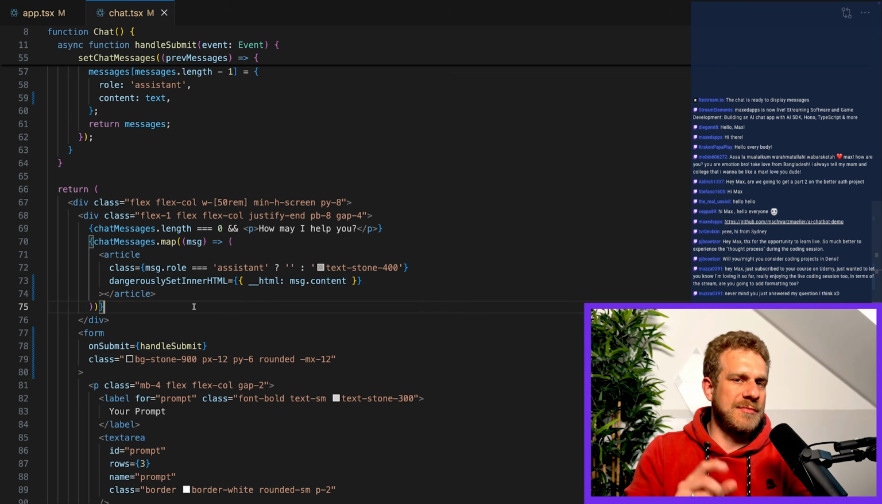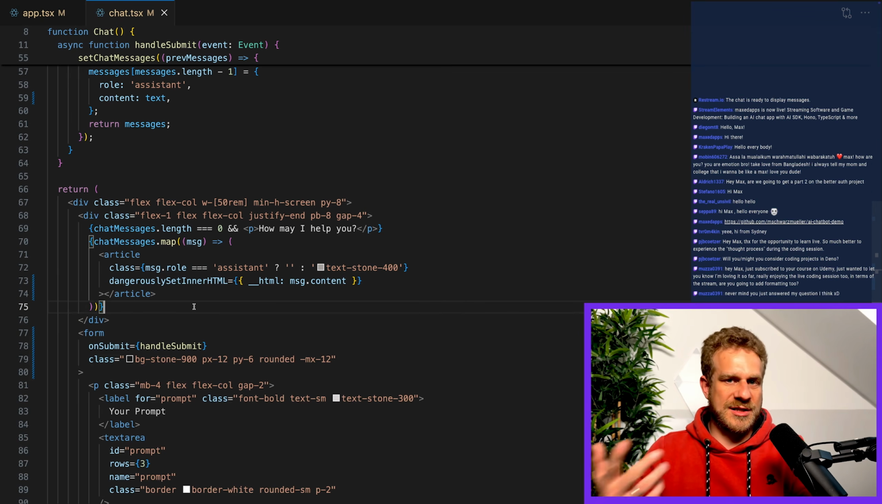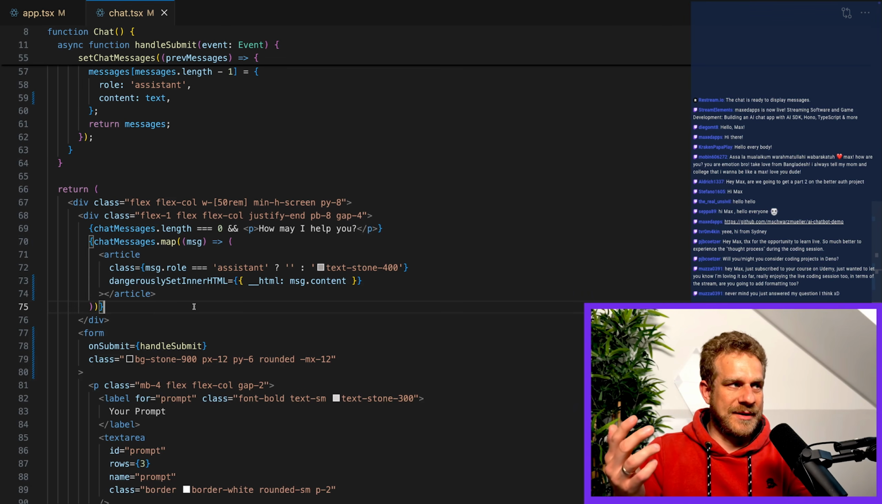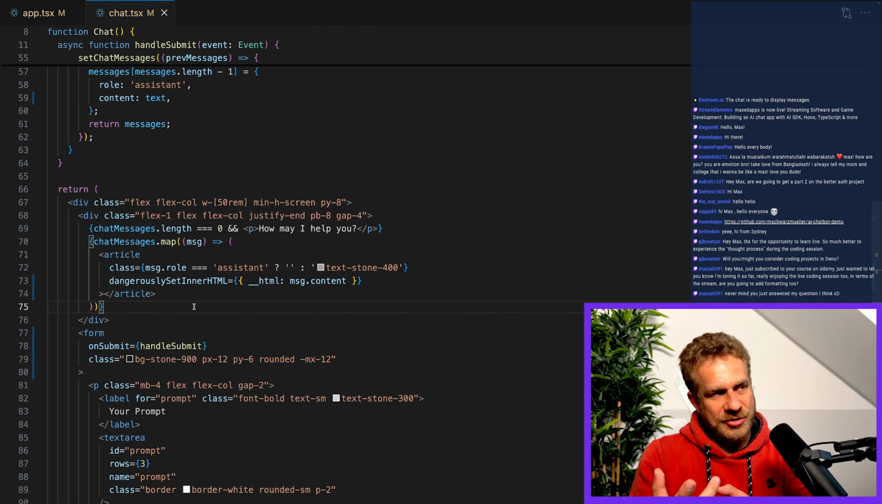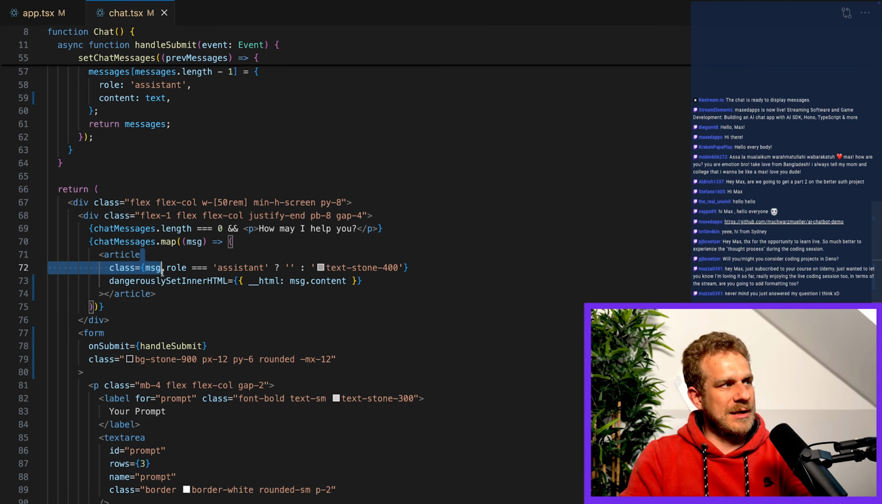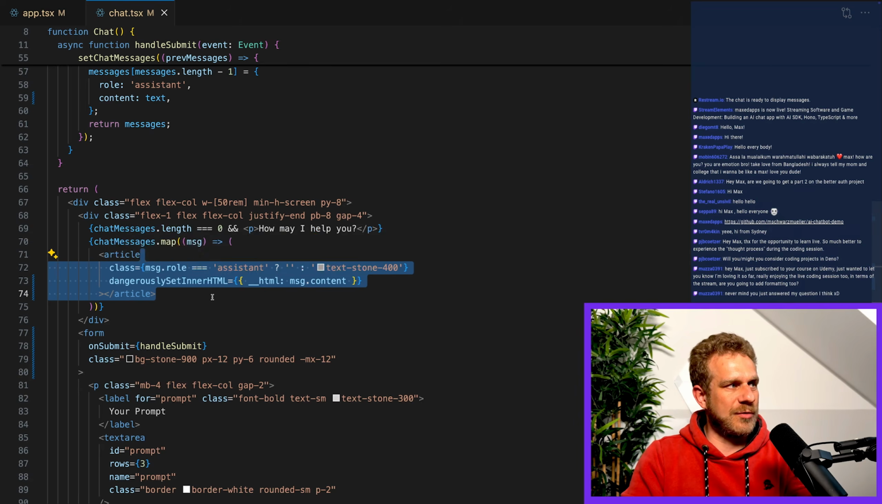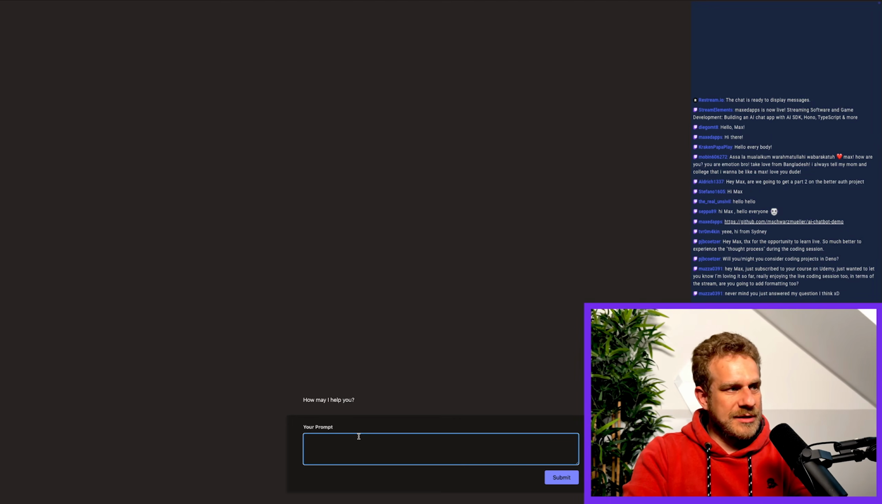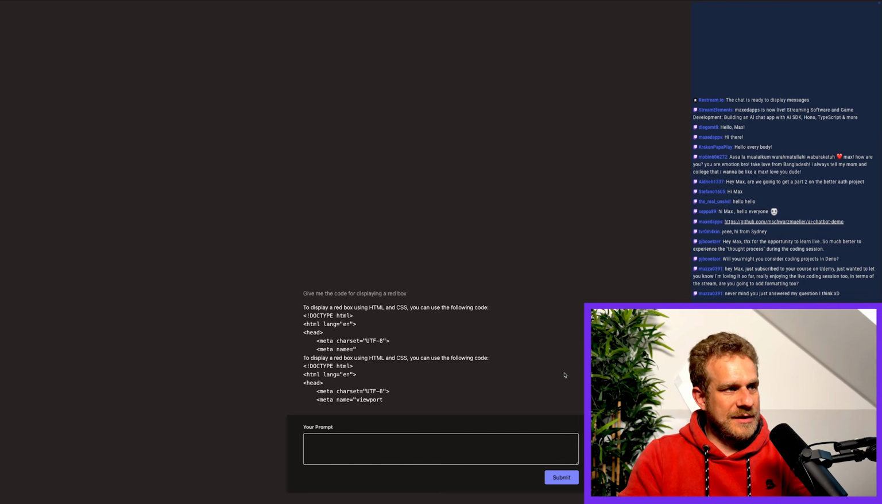Now, we might also want to add sanitization, because theoretically the AI could generate markdown code that then contains code that could lead to a cross-site scripting attack. But for the moment, I'll leave it like this and see whether that works. So let's maybe reload here and then say, give me the code for displaying a red box. If I do that,